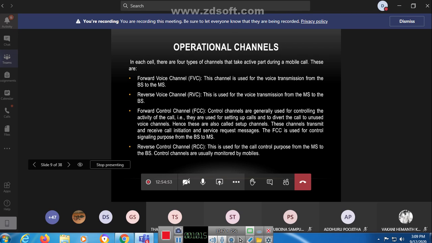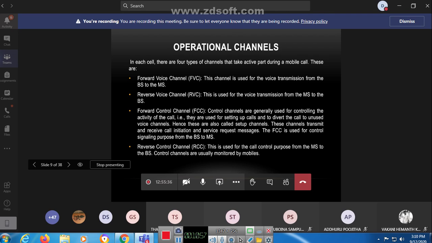Okay, for communicating from one cell to another cell, we can activate 4 channels. What are the 4 channels? Forward voice channel, reverse voice channel, forward control channel and reverse control channel. Remember all of you, 4 channels only. But what are the basic terms in our communication process? Base station, mobile station, mobile telephone switching office and central office. You have to remember these terms because they are repeated terms in this system.